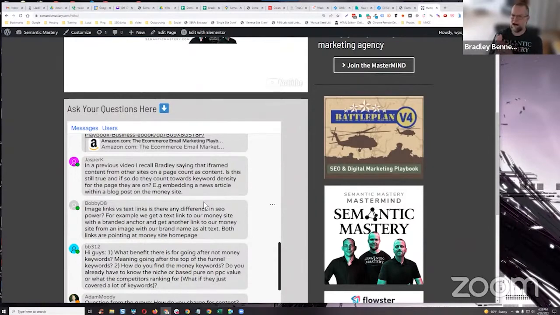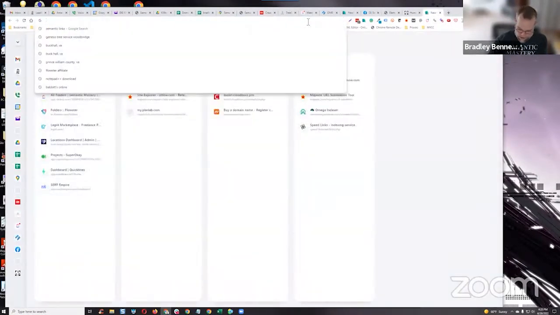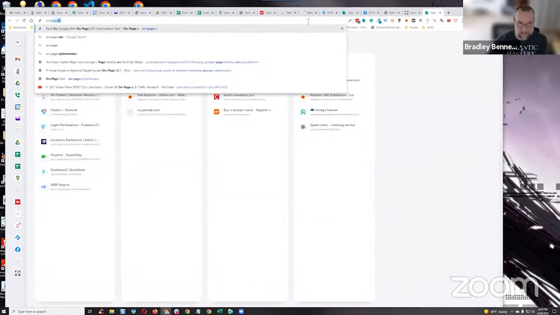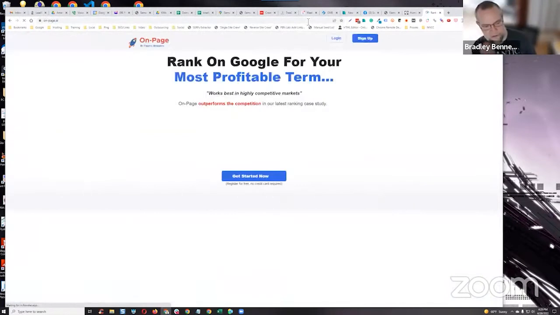So I don't know if it actually affects the keyword density, but I'm pretty sure that it does, Jasper, because the more that I think about it now, I know that Google will read that content, and I'm pretty sure the tools also pull that in because I know that affects the word count, which is also kind of misleading. It's interesting that you brought this up too, because I was just watching another webinar with Eric Lancheres of onpage.ai, and his tool is really good.